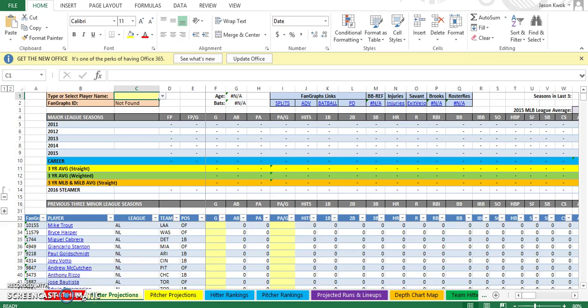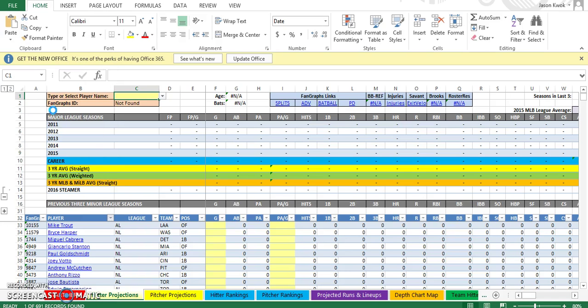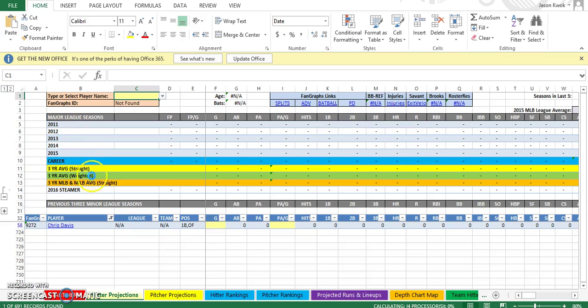So in this example of editing a player's team and league and/or position, we're going to take a look at Chris Davis, who is currently unsigned and is a free agent. So just click on the filter on the player tab here, and I'm going to type in Chris Davis to find him in the projections area. And so here he is, Chris Davis. So you can see that his league is NA and his team is NA. I edited that already. Since he is a free agent, he's not on a team, so I edited it that way